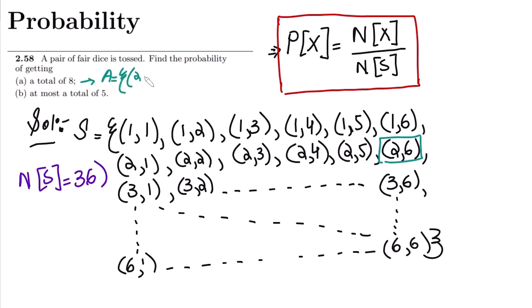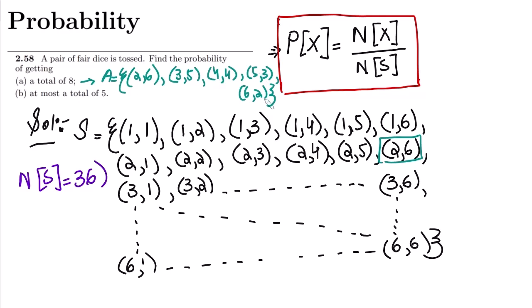can have here: 2 6. This is the first item. The second one will be 3 5, then 4 4. Okay, then 5 3. Okay, and the last one would be, let me write it here, 6 2. So that is the event A, and the number of items we have here are 1 2